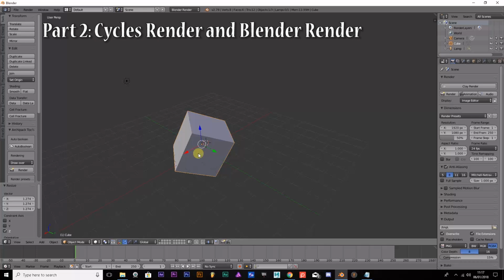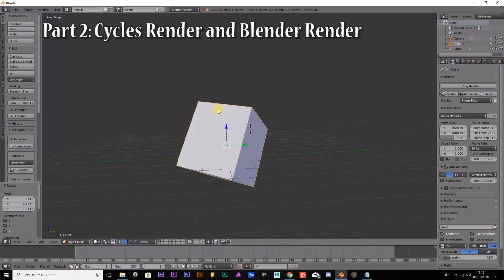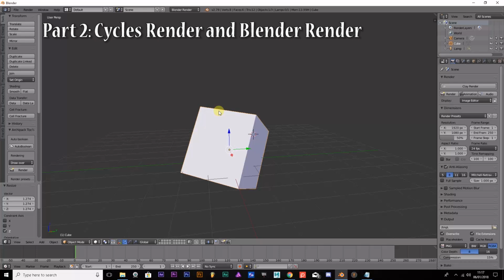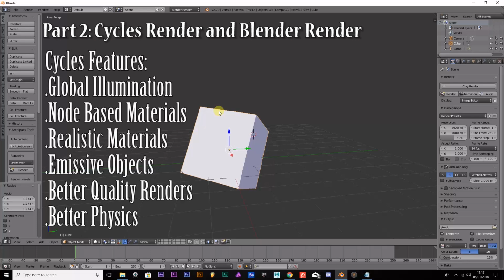The reason I use Cycles is because it is unbiased and it gives off more realistic results. When I say realistic results, it gives you a more realistic look to your renders, because you have global illumination. Basically that's where the